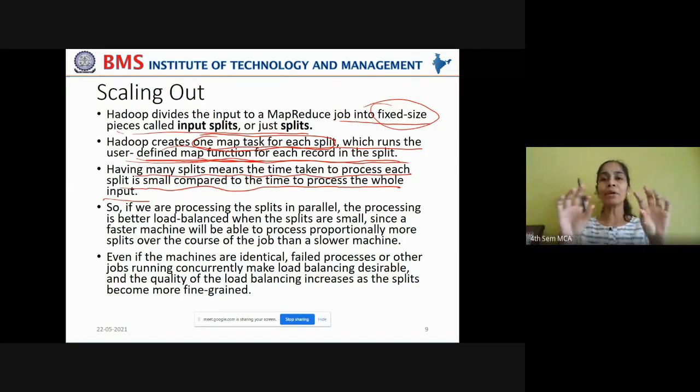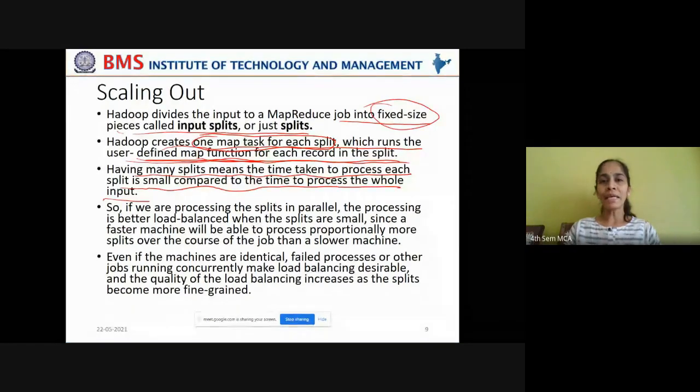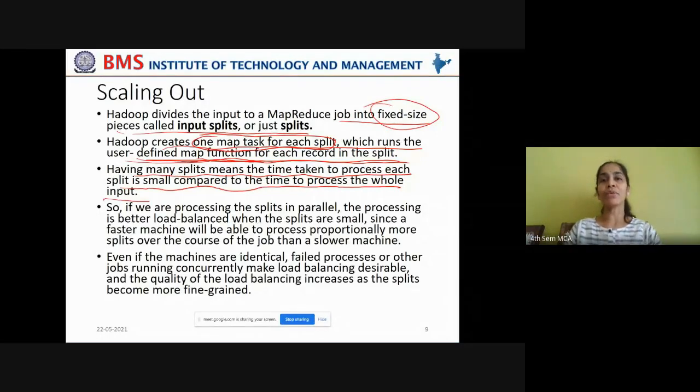But if you split them into smaller pieces and start working on them, the time will be smaller because you work on them simultaneously. Here the map task also does the same thing. You're dividing the input into multiple splits. Each of those splits is assigned to one map task on one data node and executed simultaneously, which will give you the result in no time.